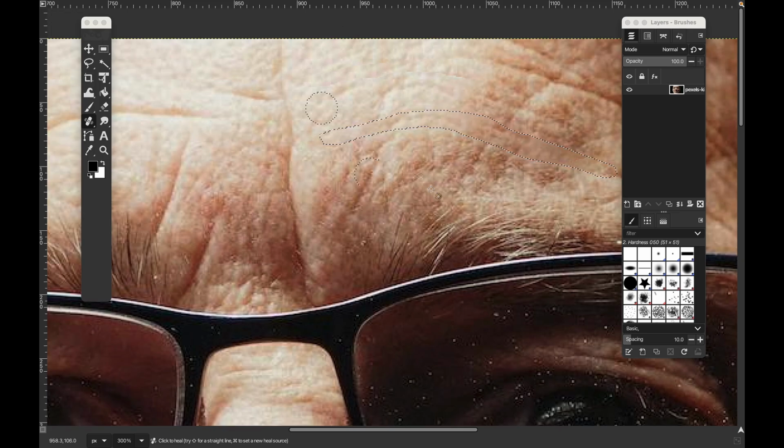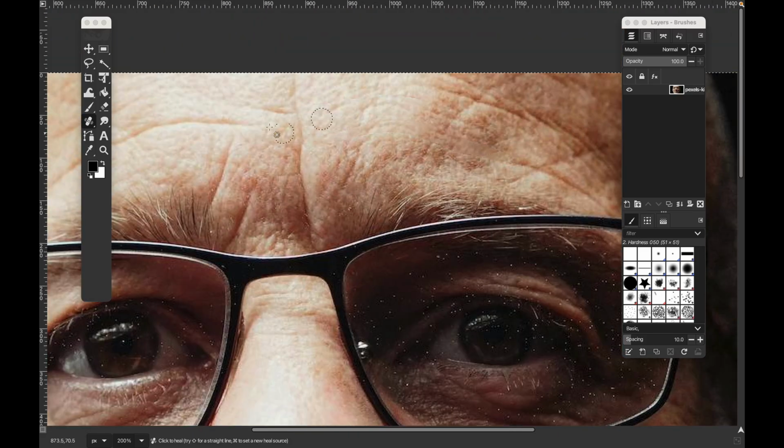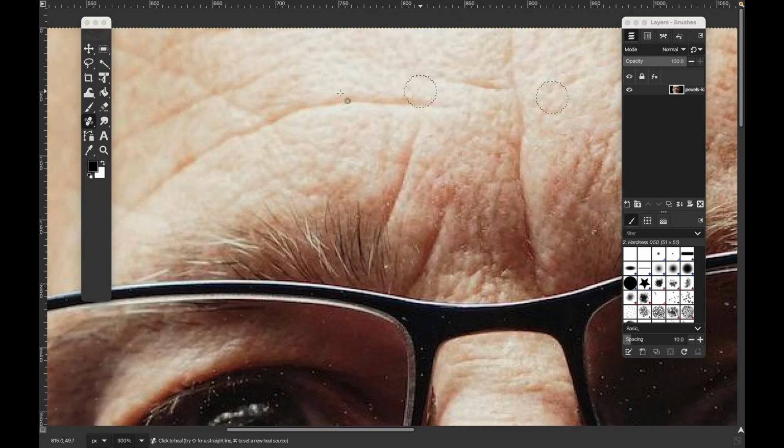But anyway, if you find that this lasso tool won't disappear because you're pressing escape and it's still showing the border, and you want to move away from that because you're now ready to work on another wrinkle, you just press Control Shift A and it removes it, and then you can start again. So that's basically the tutorial for now, but I just wanted to show another application that you could use the heal tool for. I'm just going to continue working here to show you how easy it is